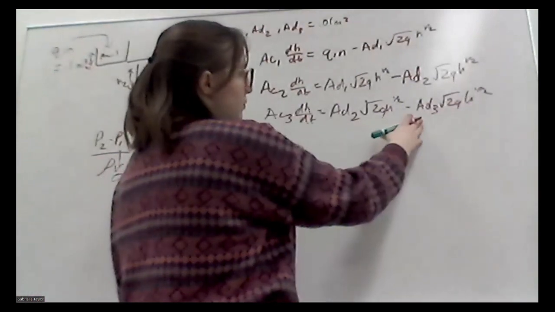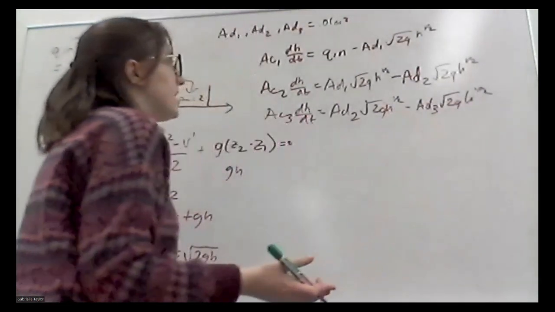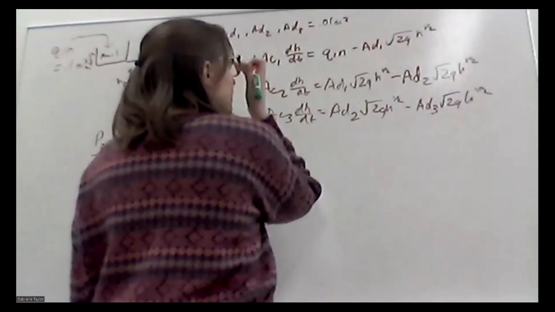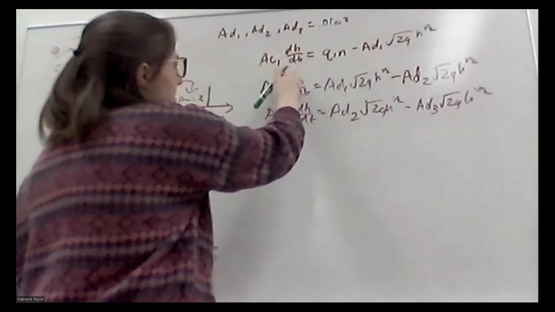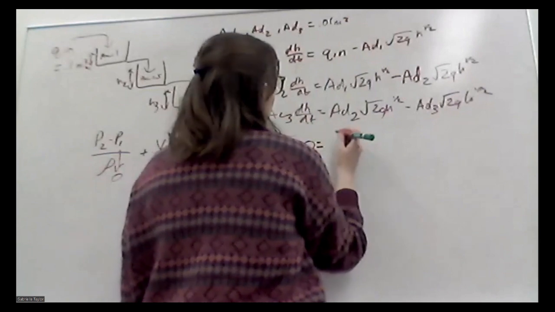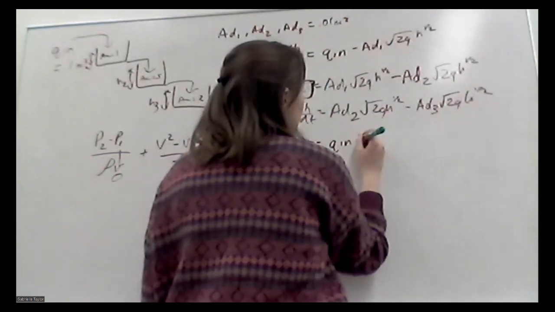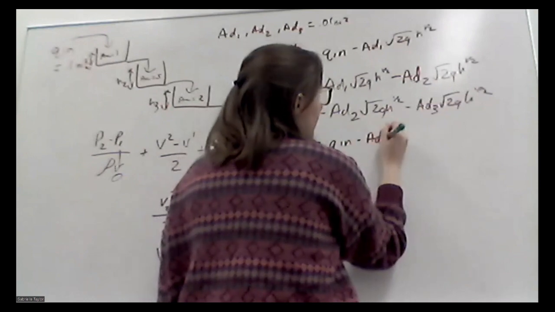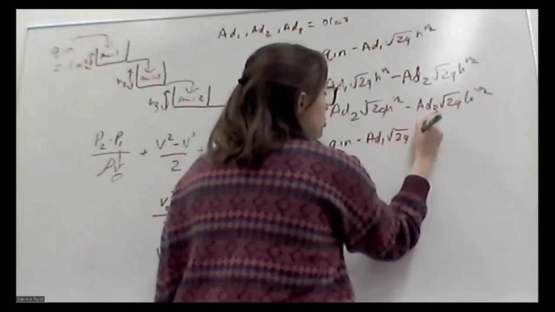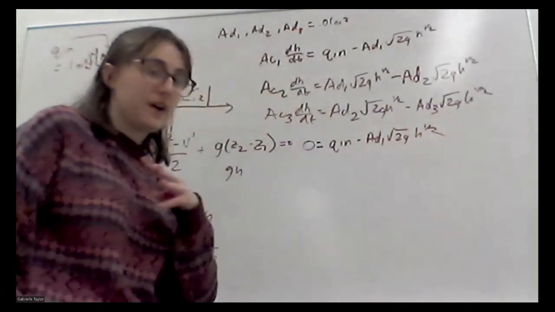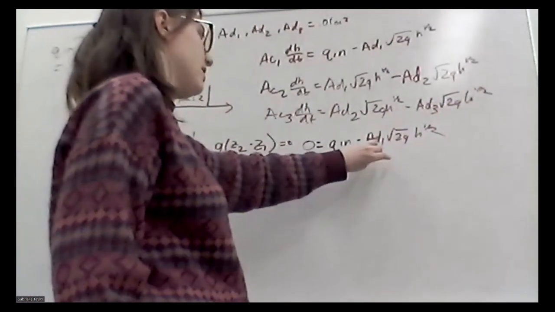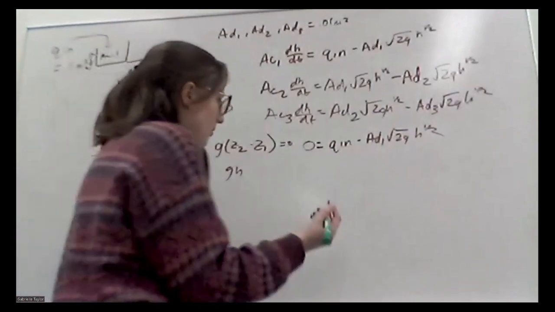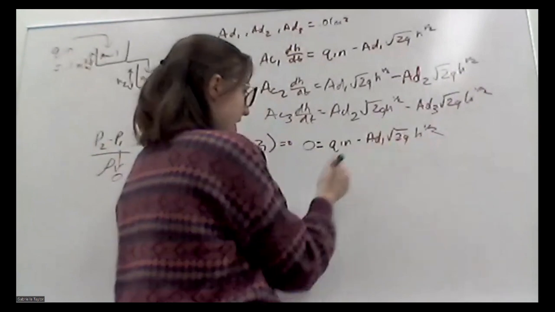So to find the initial heights of our tanks, we're going to be using the differential flow out. We're going to be making this a 0. So 0 equals Qin minus A_d times the square root of 2gh. And this is going to be pretty much for everything, and we're just going to change our cross-sectional area of the inside because everything is going to be at a steady state of 0.1. So if we move this over and solve for our h, we're going to have